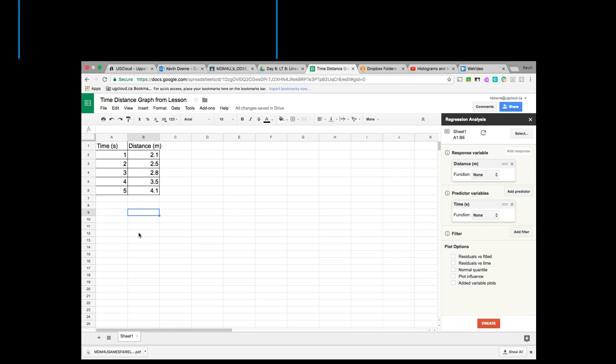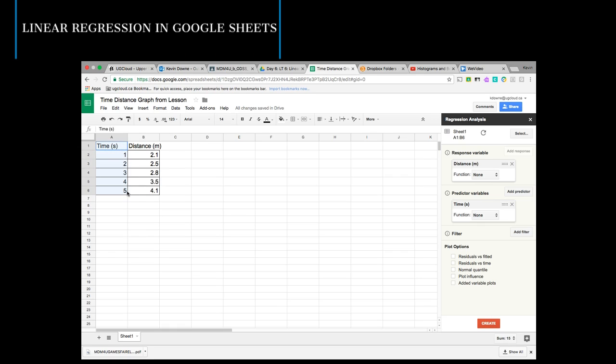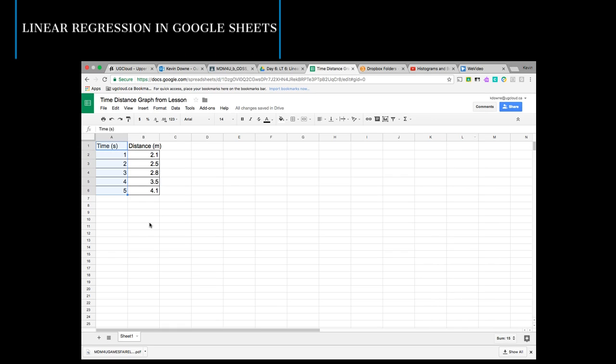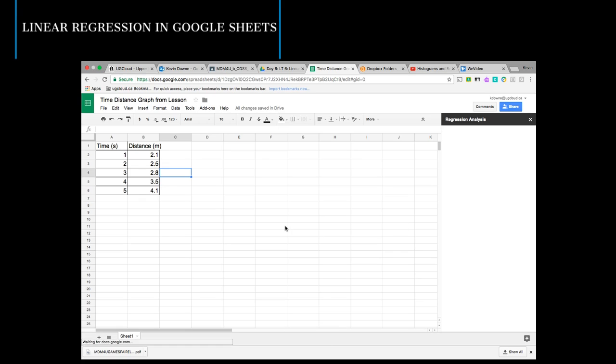Okay, so we have this data from the class that we did the linear regression for. So I just want to show you guys how to do regression analysis in Google Sheets. So again, in the add-on statistics, before we went to describe data, now we're going to go to regression. What regression means is we're going to fit an x and y graph to this and see what the